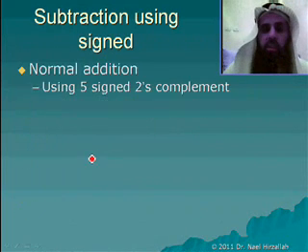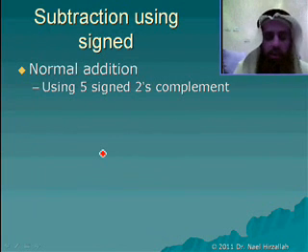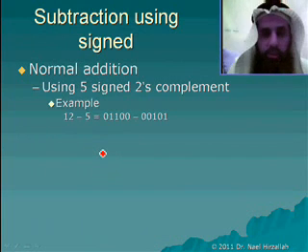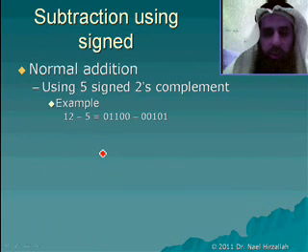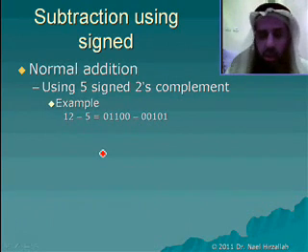However, if we are using signed numbers, subtraction using signed numbers is basically normal addition. For example, if we want to subtract 5 from 12, 12 minus 5 is equal